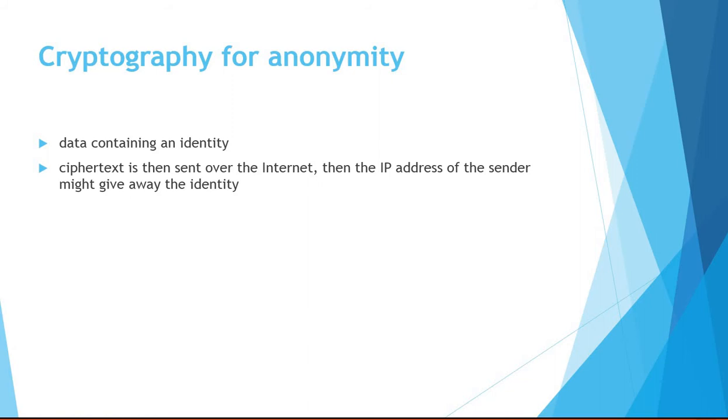So now let's move on to cryptography for anonymity. In the internet there are so many people using it for simple browsing or sending mails, or doing conferences over the internet. So many applications we will perform over the net. So in such situations, how does cryptography provide anonymity, that's what we are going to discuss from here on. If we have some identity related data transferred over the internet, how are we going to provide anonymity, how are we going to ensure that privacy is maintained?